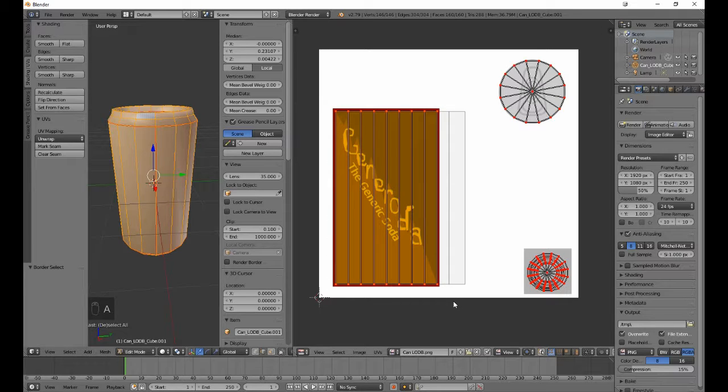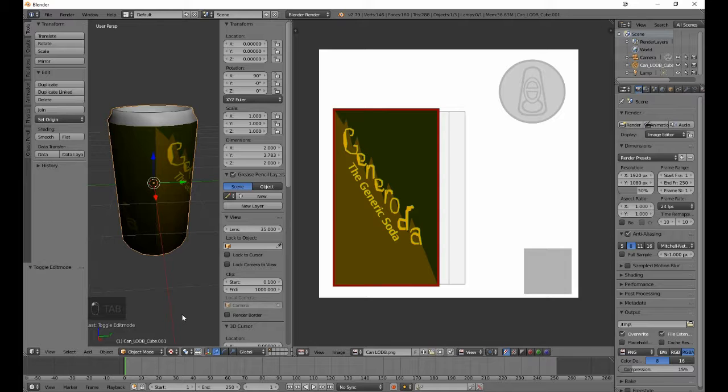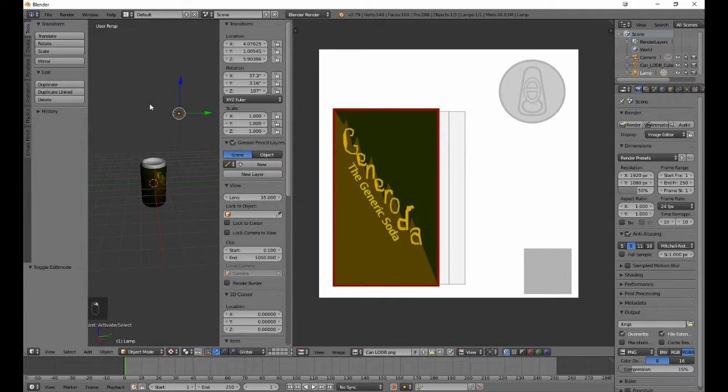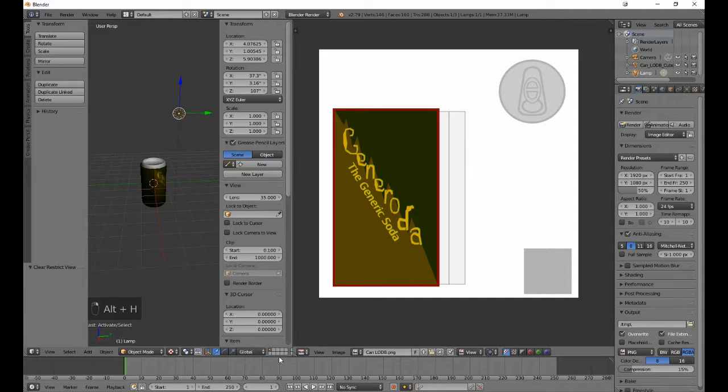Let's go ahead and change it so it won't be this time. And there we go. Let's hide this, or not hide it, move it to another layer. And there you go. That is the second